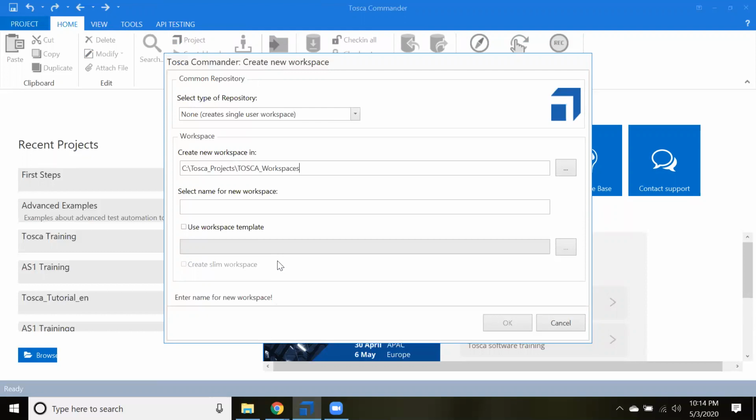So how it will look, maybe I will show you once we create one workspace. What this slim workspace does is make the checking and checkout, or the performance of your Tosca, very fast. Whenever you perform operations, like if 20 people do checkout and checking at a specific level, sometimes a few more test cases and modules get checked out which are not important or required, and they get loaded inside your Tosca. But in this slim workspace,